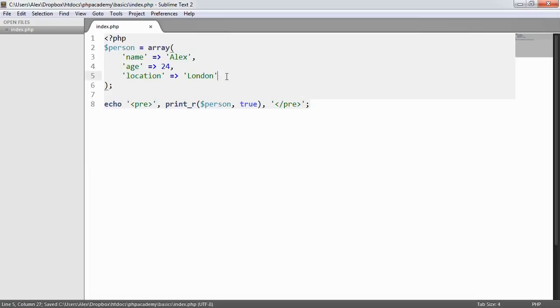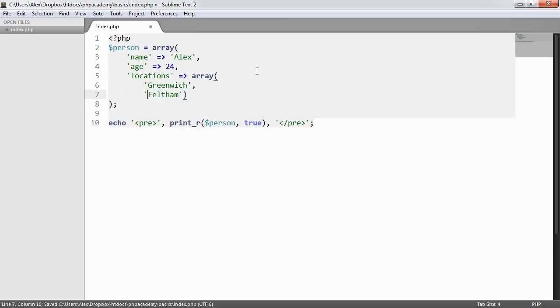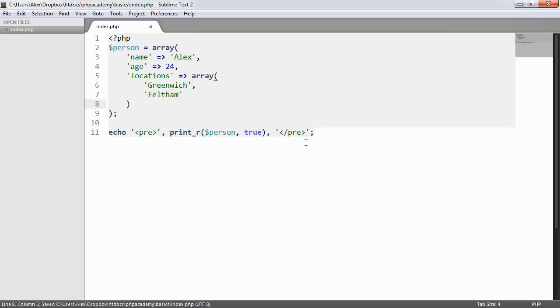So we're going to modify the array that we created in the last part, and we're going to change this to locations rather than location. And we're going to do this slightly differently. Instead of providing a string value, we're actually going to provide another array of values. So for example, if we pass a list of locations here, if we place these just on another line, so they're a little bit more readable, we're already printing out this person